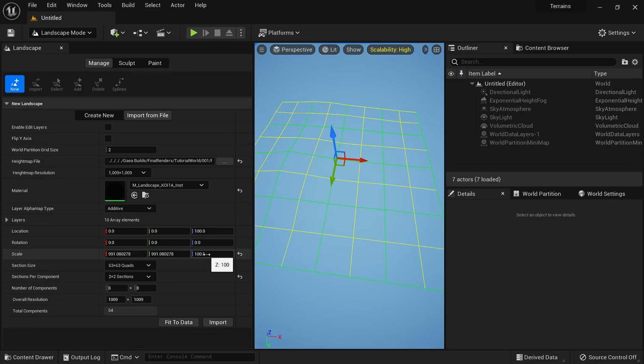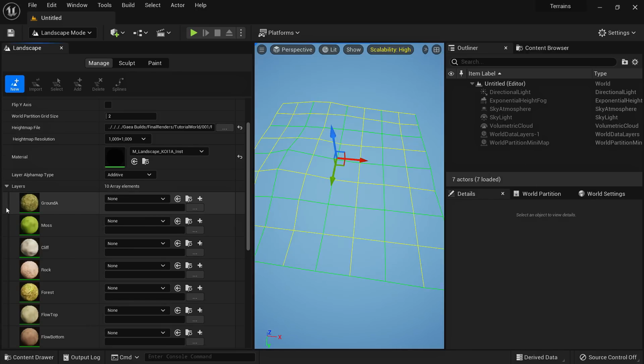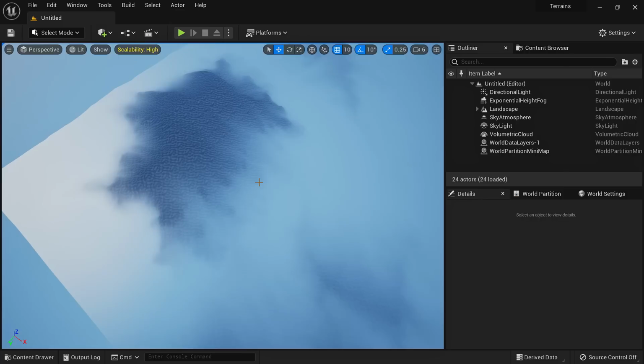Now to change the scale in Z, our landscape was 800 meters tall, so take 800, multiply it by 100, and divide by the default height in Unreal, which is 512. Now we'll set the material layers. Here we can put our mask, but we are not doing it now because with Unreal Engine Preview 2 we can do it after we have saved our landscape, so I'll show you that way. Then click import. Let's save it for now.